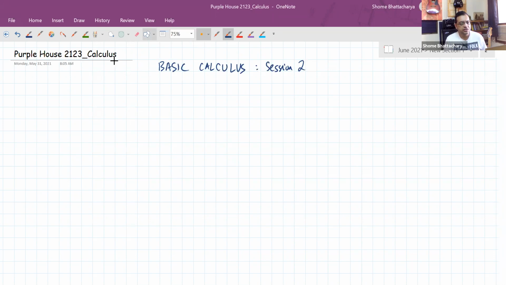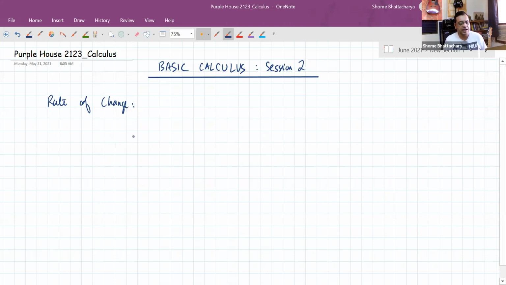Okay, so at this stage, let's start with a quick recap of the things that we've learned about rate of change so far. Talking about rate of change, first we had seen it with a common example of the application of that concept, that speed equals the rate of change of distance